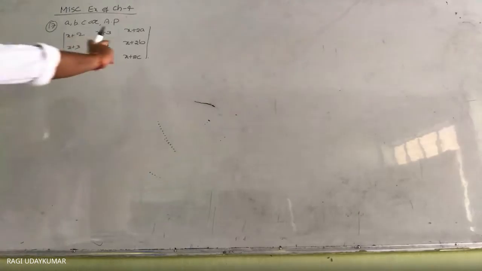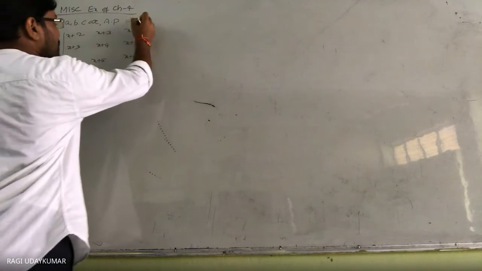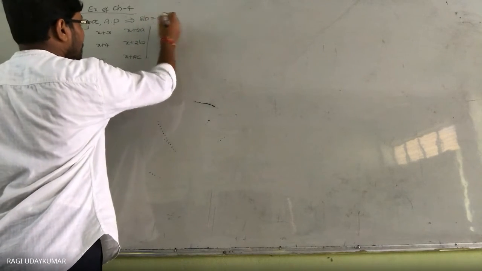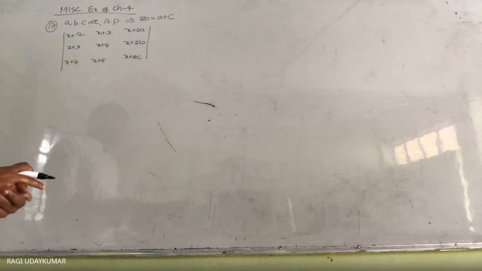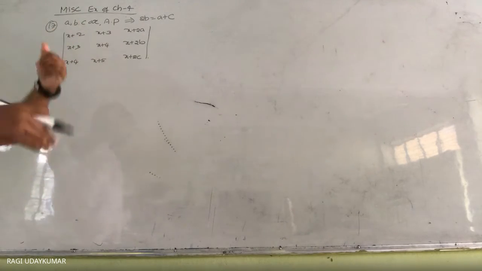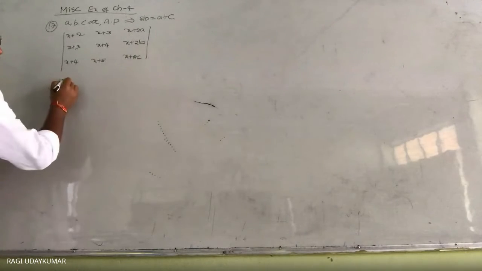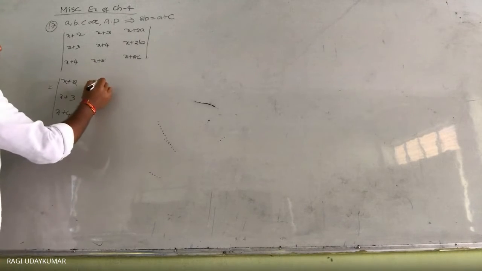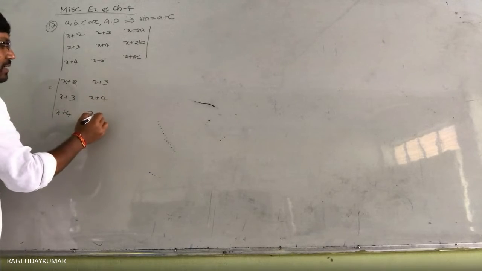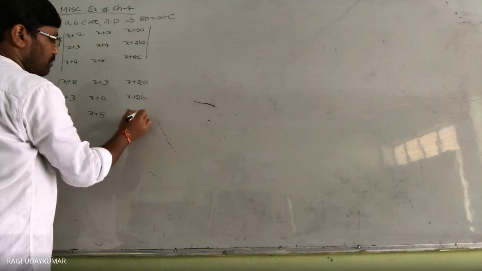When A, B, C are in arithmetic progression, B can be replaced with the average of A and C, which implies 2B is equal to A plus C. 2B का प्लेस में A plus C लिख सकते हैं. A, B, C are in arithmetic progression means B is called the arithmetic mean. B equal to A plus C by 2. So 2B is equal to A plus C we will get. So here in the place of that, you can replace: x plus 2, x plus 3, x plus 4, x plus 3, x plus 4, x plus 5, x plus 2a, x plus 2b, x plus 2c.